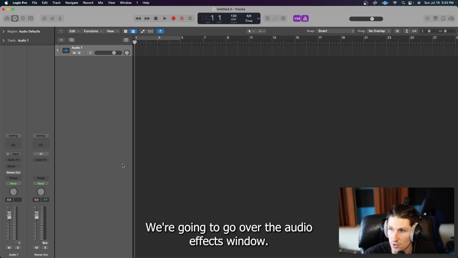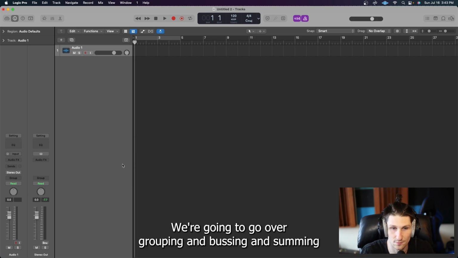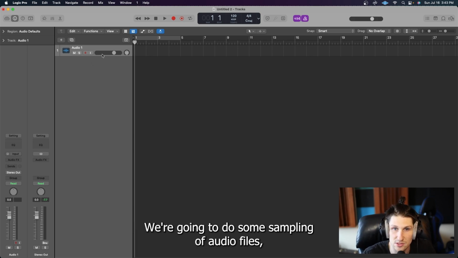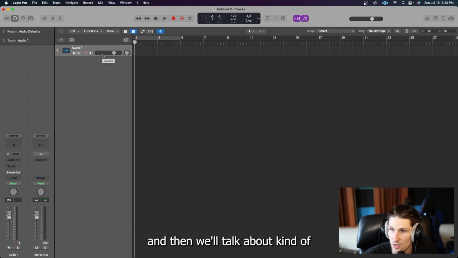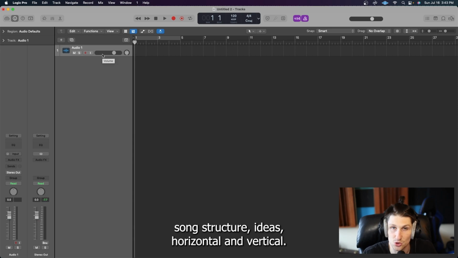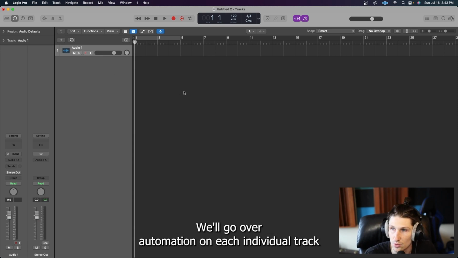We're going to go over the audio effects window. We're going to go over grouping and bussing and summing and aux routing, and we're going to go over flexing audio files. We're going to do some sampling of audio files, and then we'll talk about maybe some gain staging and stuff like that, and we'll go over song structure ideas, horizontal and vertical. We'll go over automation on each individual track